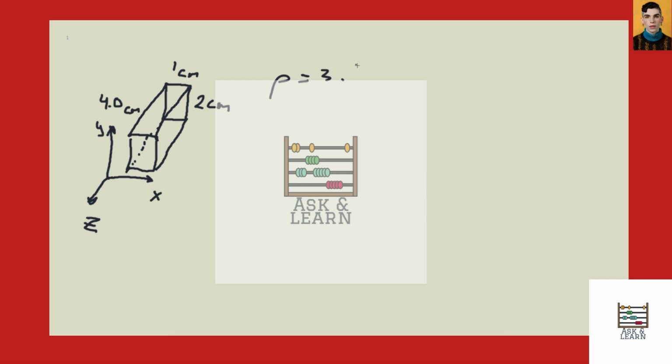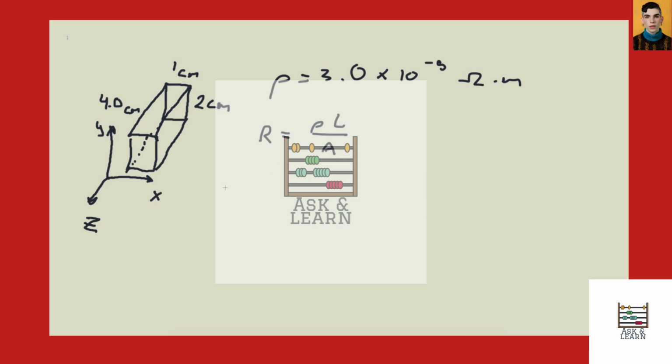So the only additional piece of information that we need is given to us in the question, and it tells us that the resistivity of this carbon is going to be assumed to be 3.0 times 10 to the minus 5 ohms times meters. We're going to plug this into our equation for resistance in terms of resistivity and physical dimensions, where resistance is equal to resistivity times the length divided by the area. But to know what the length is and what the area is, we need to know which direction we're going